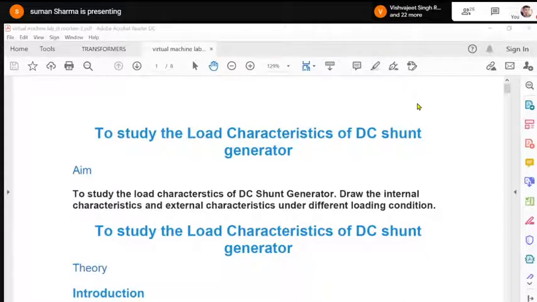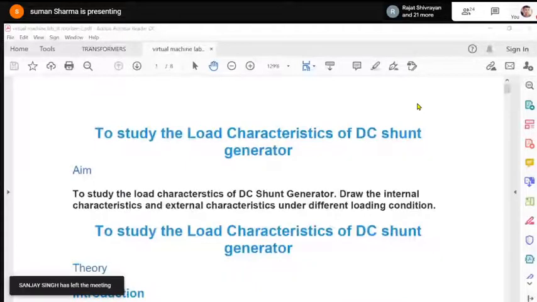Now this Ia is the sum of two currents, that is load current and field current. So it can be represented as drop due to the load current and drop due to the shunt current. The terminal voltage can always be maintained constant because your shunt current is very less, so it is approximately EG minus IL into R. Your load current increases whenever you increase the load, so your drop is increasing. The terminal voltage can always be maintained constant by adjusting the load terminal.